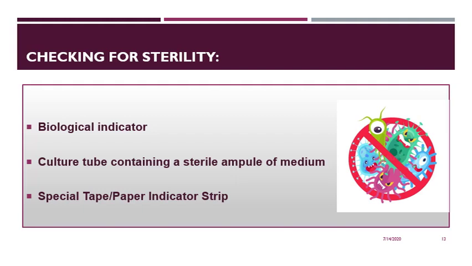Therefore, we have a culture tube containing a sterile ampule of medium and also special tape or a paper indicator strip. This indicator commonly consists of a culture tube and a paper strip covered with spores of Geobacillus